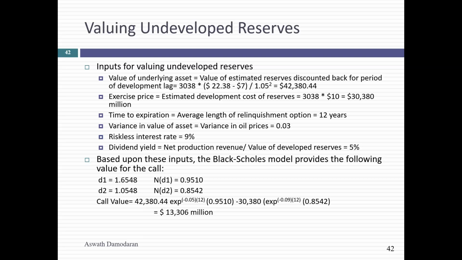And if you own the reserve, in this situation, what's the right decision? Do you develop now or do you wait? In this case, you actually will hold off on developing at least some of the reserves. So in a sense, the higher the variance in oil prices becomes, the more you will find oil companies holding back on developing the reserves right away, because there is a value to waiting.